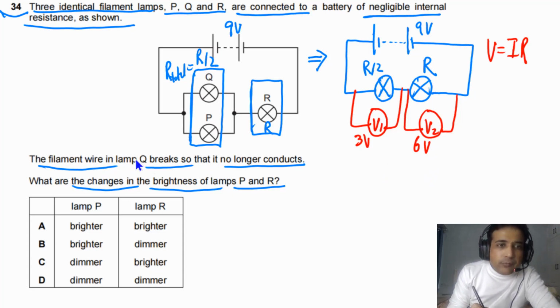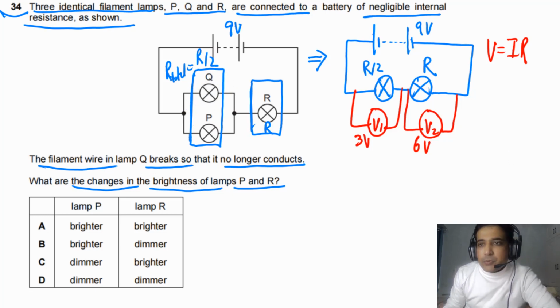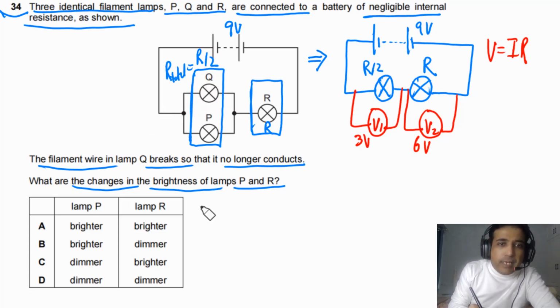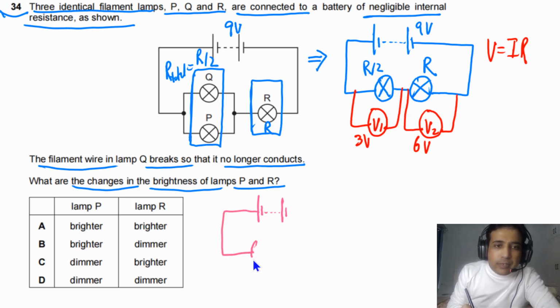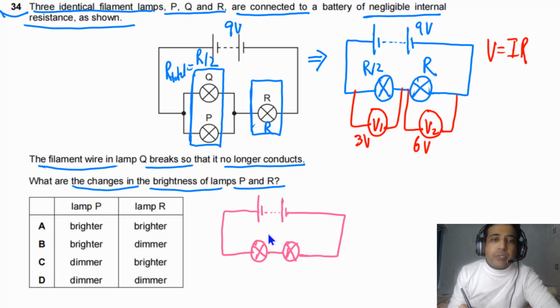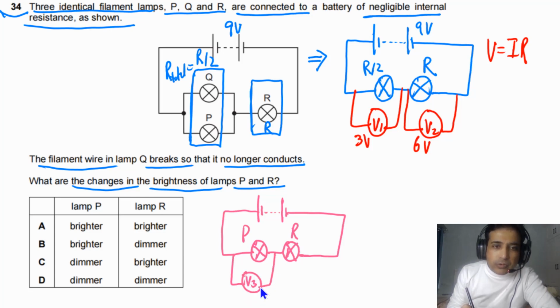Now it is given to us filament wire in lamp Q breaks, means this is not conducting electricity. So we can redraw circuit now. If we redraw this circuit, this is our power supply and we have only two lamps now. So we have lamp P, Q is not conducting, and we have lamp R. So this is lamp R and they are connected in series now. So if we connect voltmeter across, this one is P, this one is lamp R. Now let's say this is voltmeter V3 across this one and we connect voltmeter V4 across this,